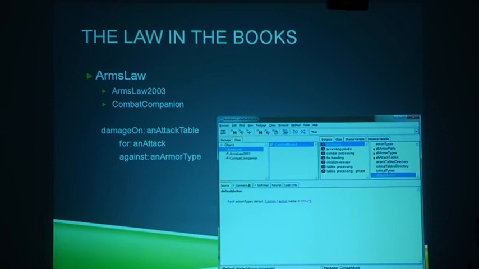Okay, and I have the Arms Law. For instance, Arms Law is the one you can send a message: what's the damage on a table for an attack against a type of armor? Okay, so every part of the game is modeled. And a good thing that has helped me, that's been good about doing this in Smalltalk,